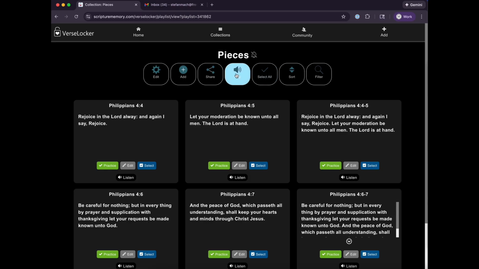If we hit the play button here, you see we can listen. There's a listen button on what we'll call the card. We can go into the practice mode, and there are always listen buttons and all of those options: the blur, the words, the initials, and the type. But we also have a play button here at the top of the screen, right under pieces. And if we do that,